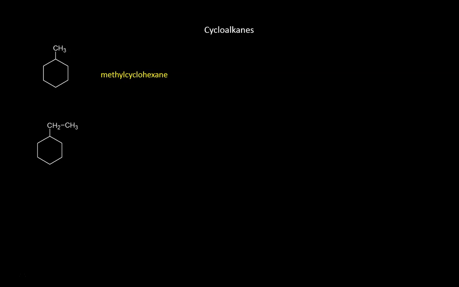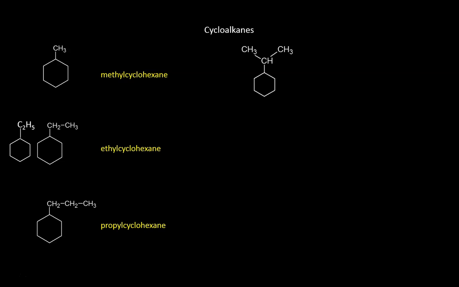The next one has ethyl attached to it. Note that ethyl can also be written in this condensed form. This is ethyl cyclohexane. Here is the propyl group, so propyl cyclohexane. In this structure, we have a 3-carbon chain again, but shown as a wedge shape. Propyl is still the base name, but the connection to the ring is now from the middle carbon, which I've